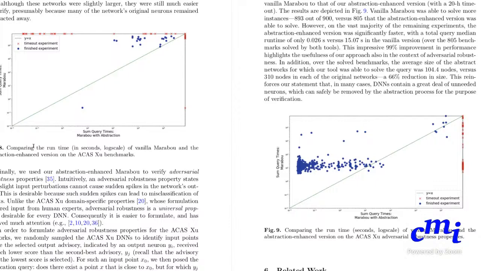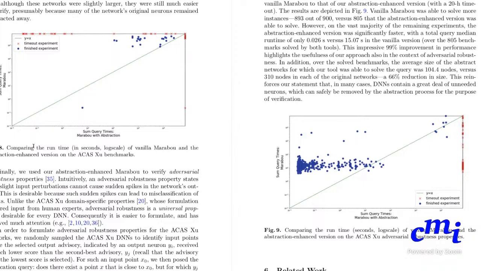No, I'm sorry, I'm mixing up the experiment on robustness properties with this one. I take it back. This is the first experiment, where they were running on correctness properties. There this uniformly did better, as you can see. There are more instances in which vanilla Marabou timed out than ones in which the one with abstraction timed out. It was here, on robustness properties, which compared with perturbation, that